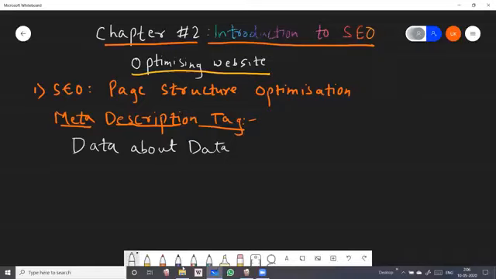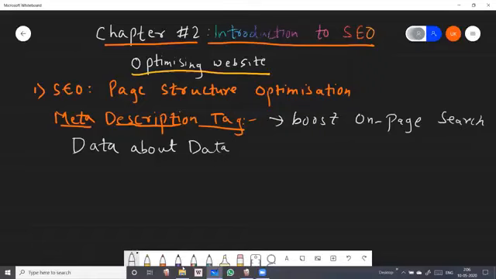Now this is a very important tag, students, because it is used to boost on page search. Okay, so on page, off page we have already studied. So it is used to boost your on page search, that is the on page SEO.